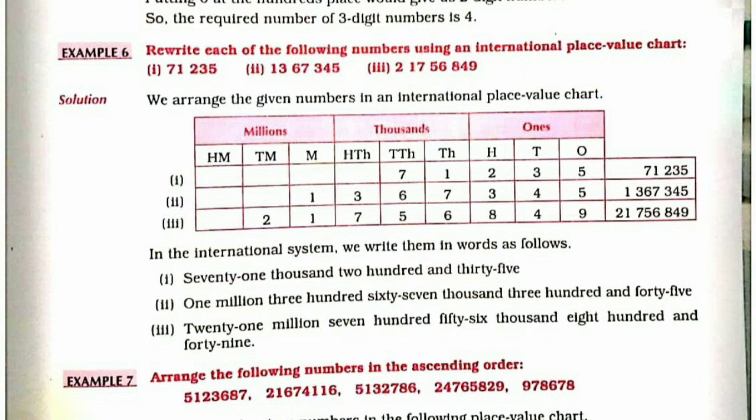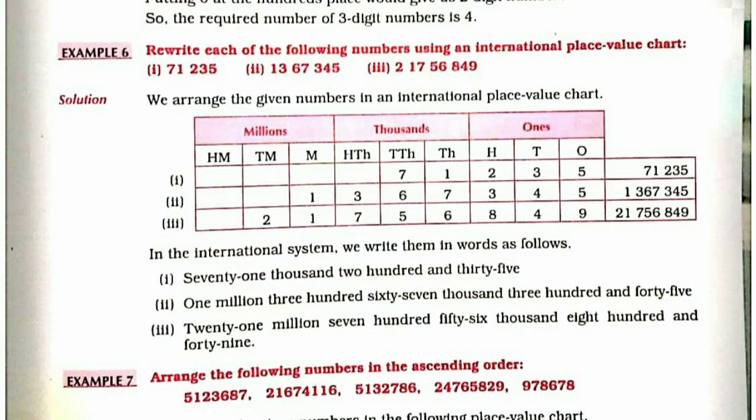You can make one table and then mention ones, tens, hundred, thousand, 10,000, 100,000, million, 10 million, 100 million. Do you know after million what will come? It will be billion, 10 billion and 100 billion. So that we will study in further classes. Here we are going to study till million. So here first you mention all the digits, start from ones place and then you write all the digits towards the left side, and then you write the number name.